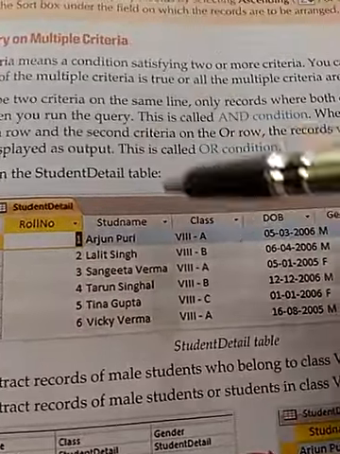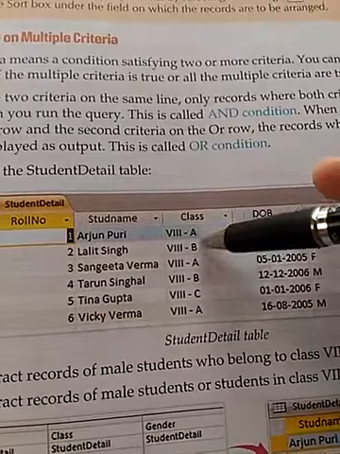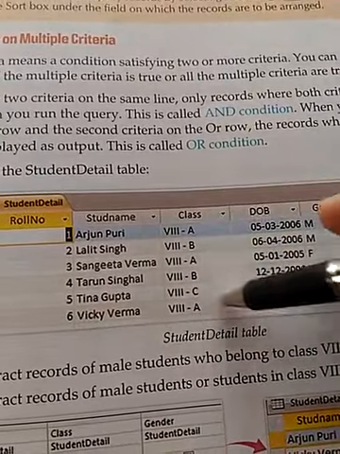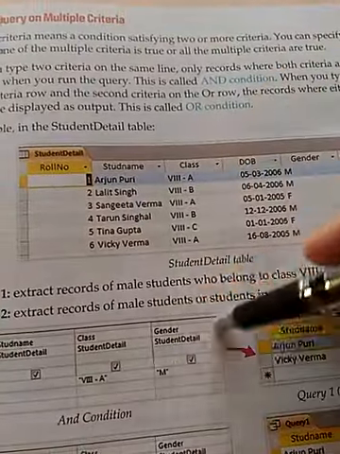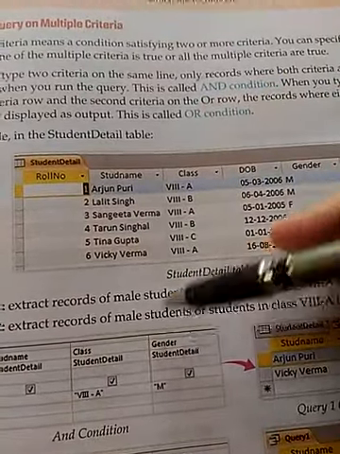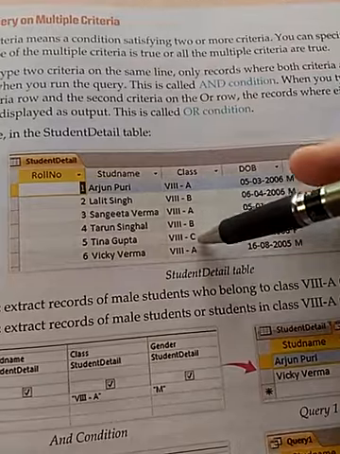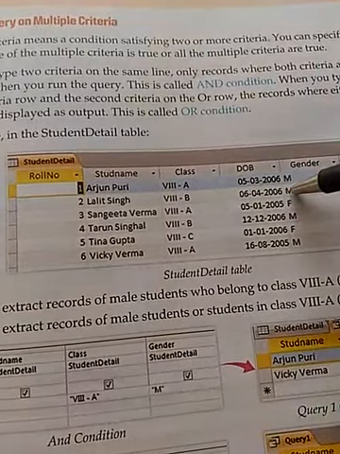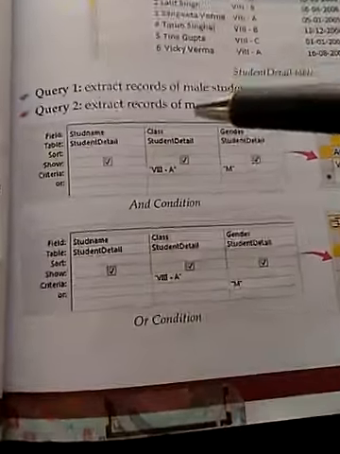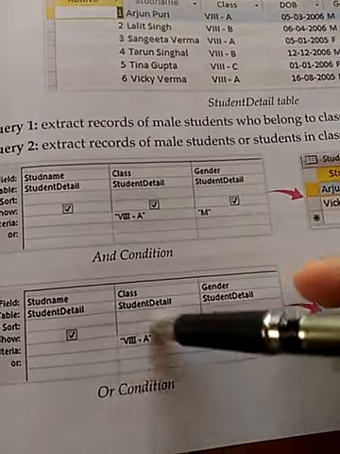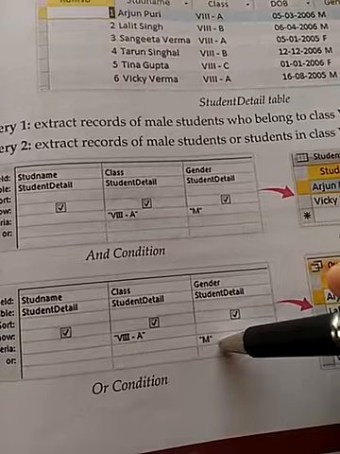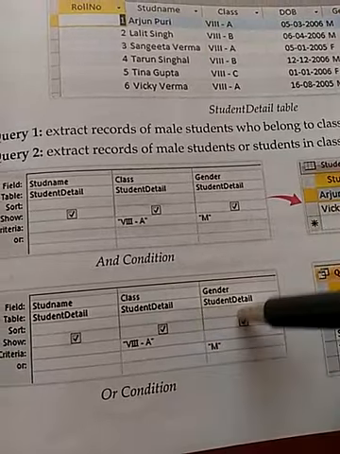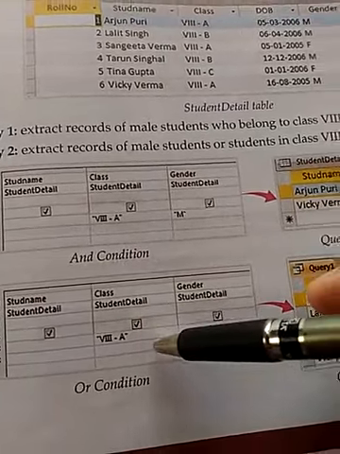Right now we have these options: 8th A, 8th B, 8th C, 8th A, and male, female. But after specifying the criteria and conditions, you will get only 8th A and those who have the male option. In this way, here is the first condition, here is the second condition. In this way you can specify the criteria.